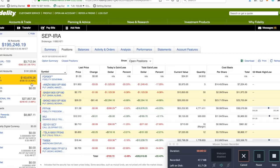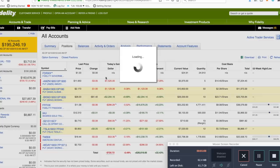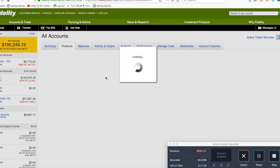So I started out with 195 in my SEP IRA, as you can see. I was actually down earlier in the week, and I made 30,000 on Tuesday. And then Friday, I made an actual $100,000 in one day. So as you can see,